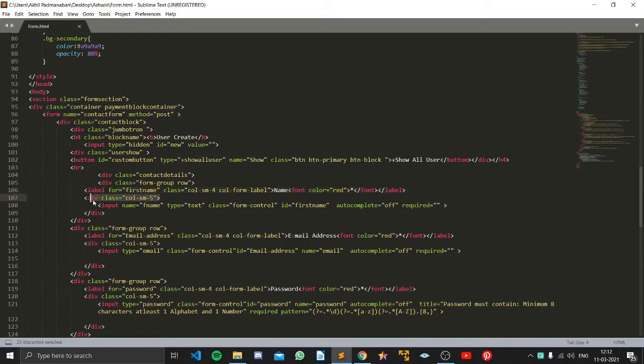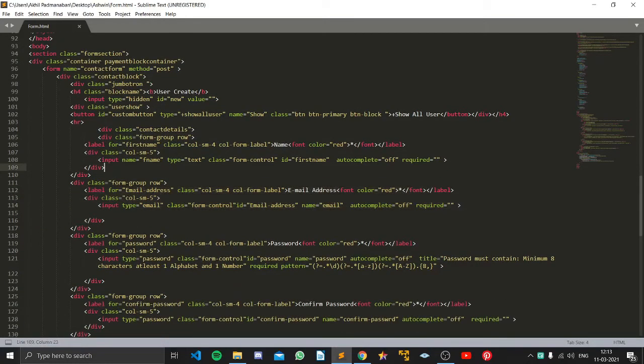Then division class called part, it's for the next part. This whole part is one thing, from here to here. For the next group we are taking from here to here. Likewise, input name is equal to name, type is equal to text. The name will be in the form of text. Class is equal to form control. That class should be created.